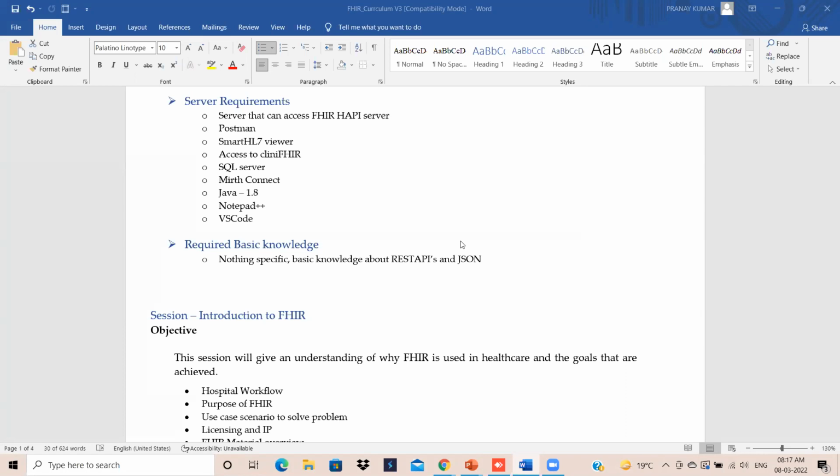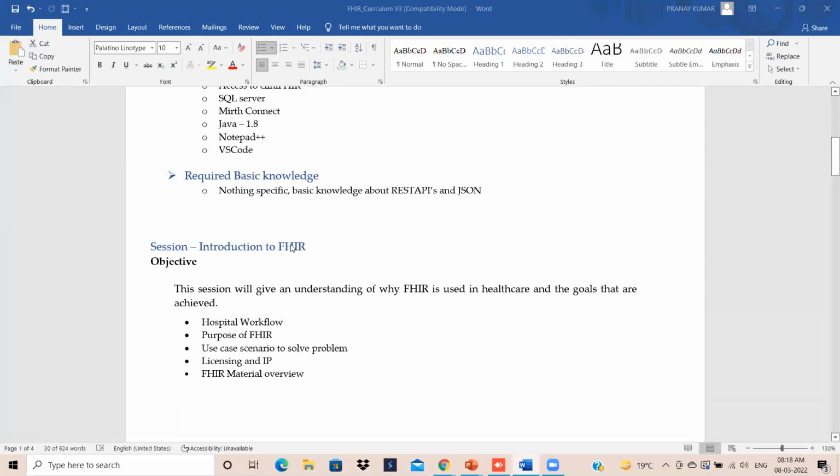Okay, all right. So let us go ahead and look at the server requirements. This we will take a look at down the line. But prerequisites: what are the prerequisites that we need in order to know about FHIR? We are anyways going to start from the basics. So prior knowledge of REST APIs and JSON will be an added advantage. But don't worry, for those who don't know it, I am going to explain these two aspects in detail from scratch